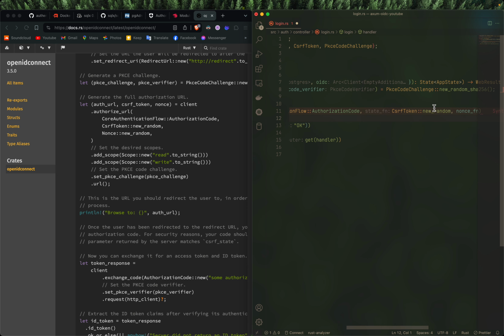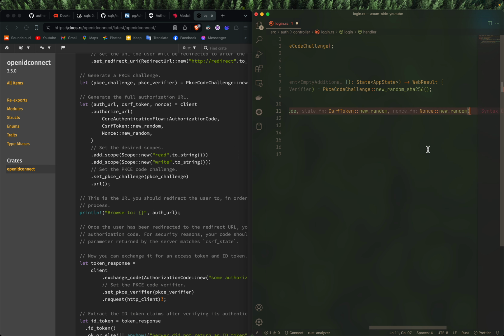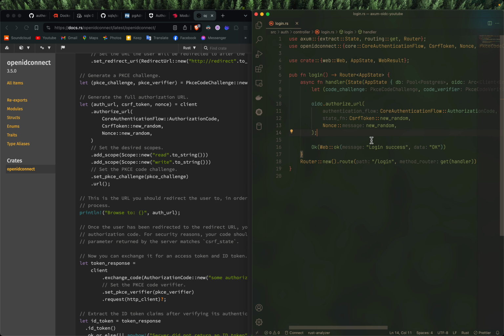Next up is we're going to provide in the nonce function, which is going to be nonce and then new random, delete the last brackets, and there we go. We now currently have the authorized URL, but we need to add some scopes. So here the example says that he's adding a scope for read and write, but